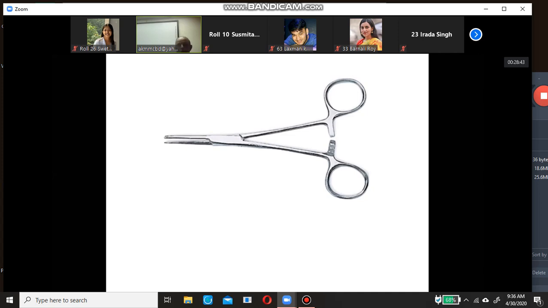There are also straight forceps and curved forceps. And there are some peculiarities of a hemostatic forceps. Actually, most of the surgical instruments